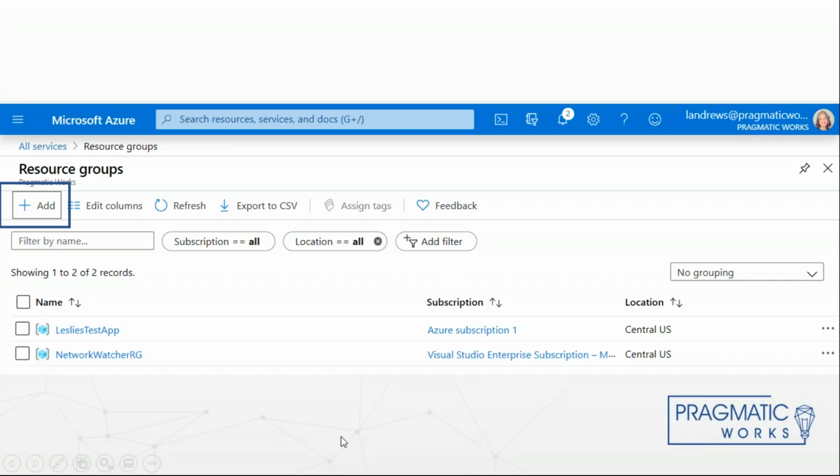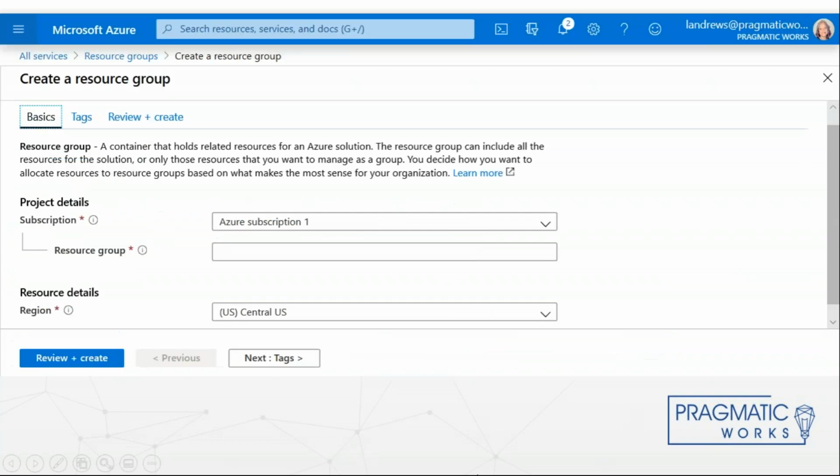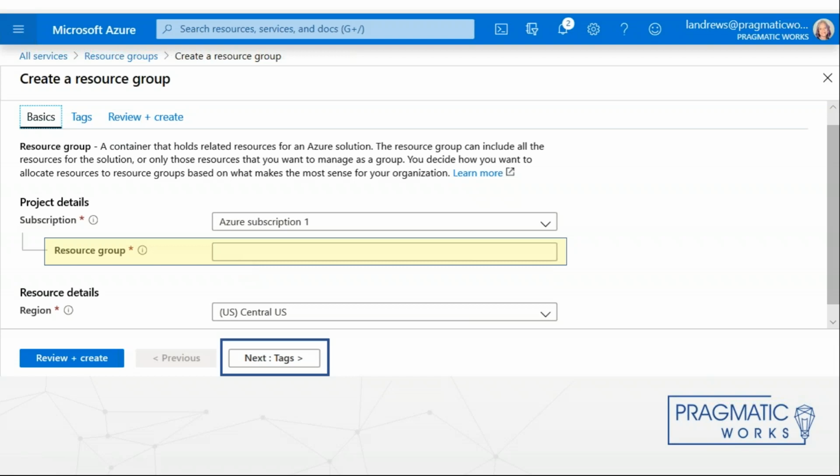So once you push the Add button, it's going to take us to the Create a Resource Group. You're going to tell it which subscription you want it to be. And here's where you're going to enter the resource group name. It doesn't actually say name, and sometimes I kind of think I'm supposed to pick the resource group, but this is where I'm creating it. So this is actually where we put the name. Once we've named our resource group and picked the region that it's going to belong to, we select the tags that we want to add to it.